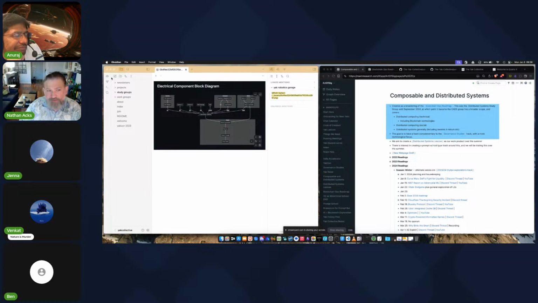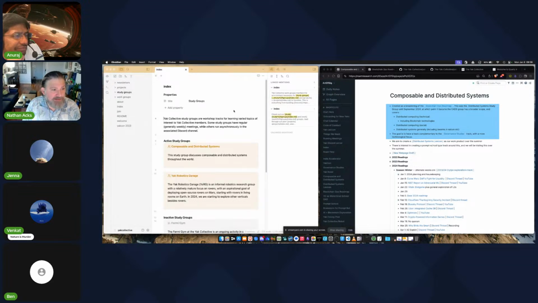Again, no web services are being used here. And also if you do add something, it'll get indexed automatically, and those indexes will get saved up to GitHub so that whoever pulls it down afterwards will have that advantage. Anyway, so I made that change to composable and distributed systems here.